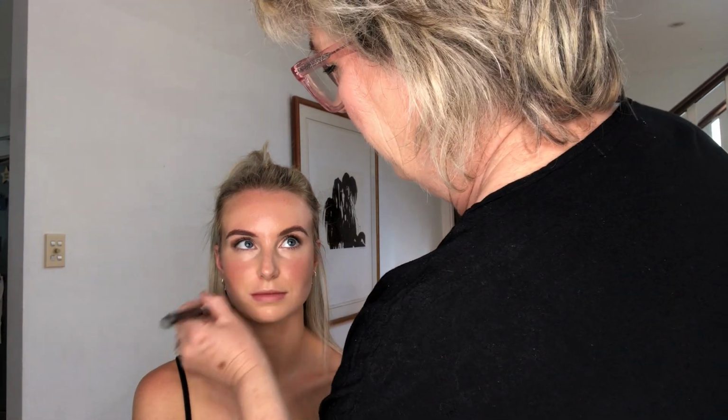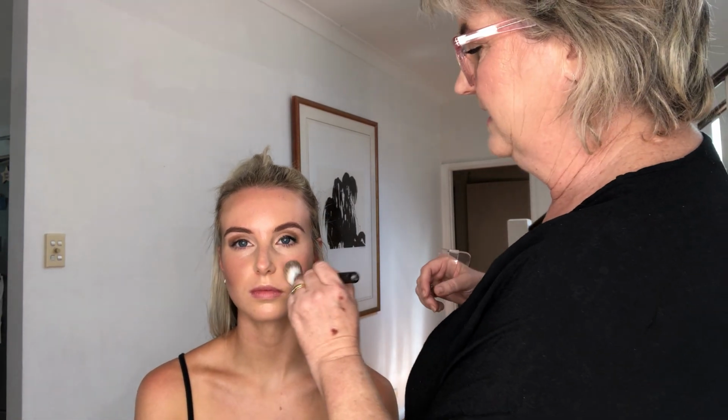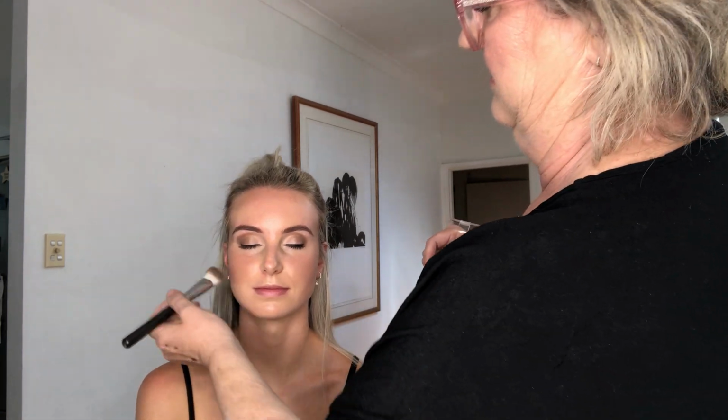Now, I can just tone that down because, like I said, everything's nice and dewy. I can now tone that down if I need to, if Grace feels like it's too much colour for her. And we've toned that down just by popping on a bit of the foundation over the top. Okay,